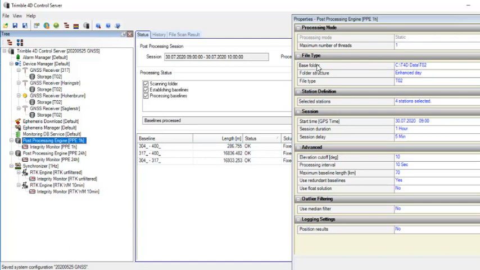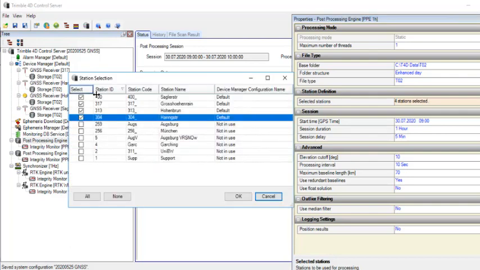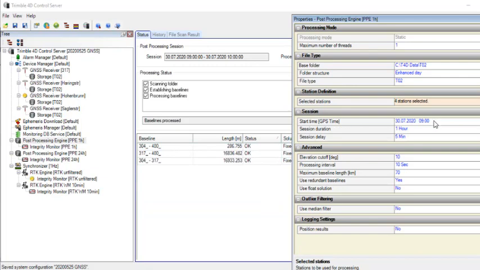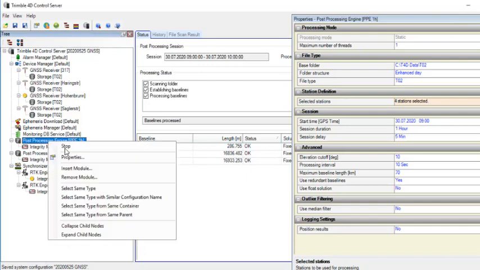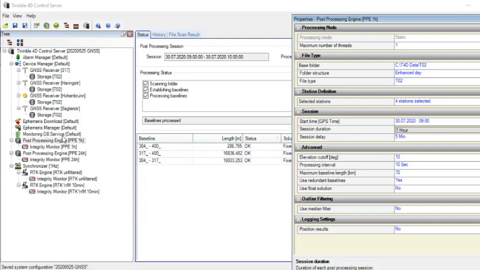In the post-processing engine, you then have to select the folder structure and the folder types, and you have to select the stations you want to process. You define a start time here. In the post-processing engine, it's also possible to stop the processing and change the start time if you want to reprocess your files. Then in the 1 hour post-processing, I selected a session duration of 1 hour with a delay